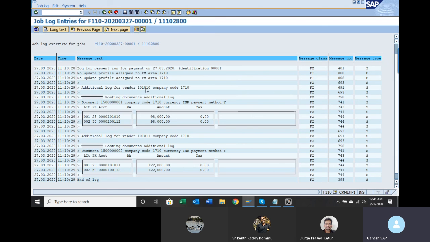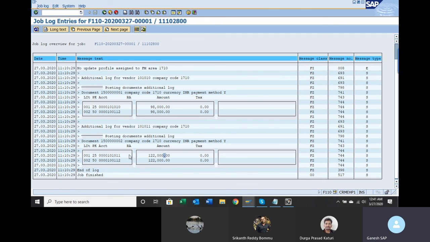So you can see information related to the payment run log. This is for vendor 101010. So debit is vendor 101010, 98,000, credit is the outgoing bank account. For vendor 101011, debit is vendor, credit is the bank outgoing account, amount is this. You can see the entry also here.